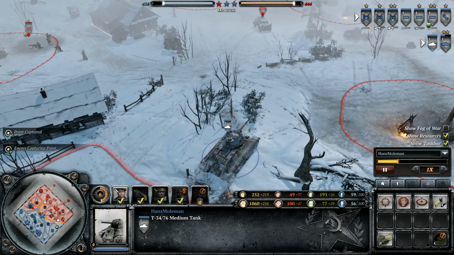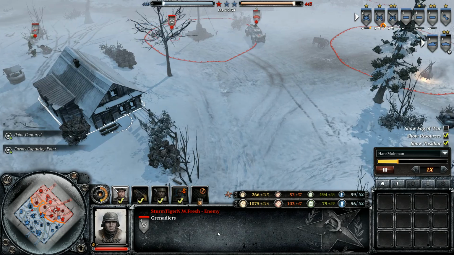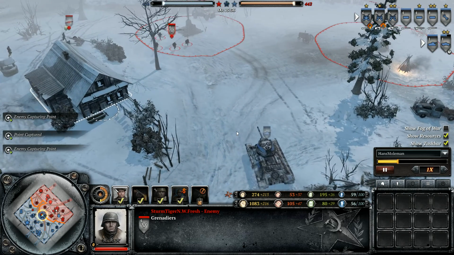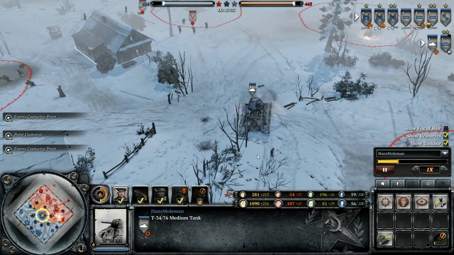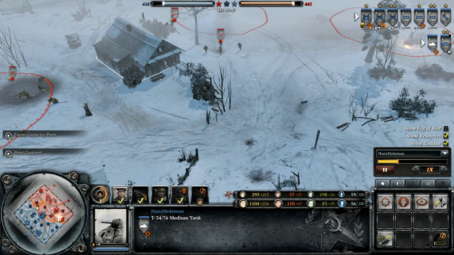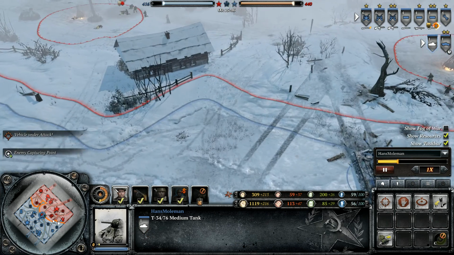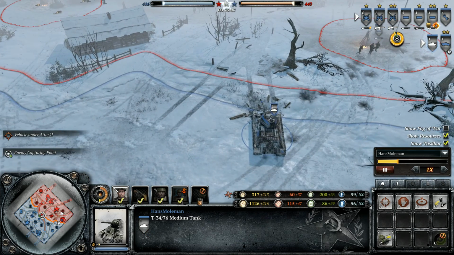Here comes the T-34. That pack might get some good shots at it. Yes. Side shots. And here come the Grenadiers, the Faust. So Moleman figures it out and backs away. He should have maybe just waited a little bit, like have him get that T-34 closer in, but...